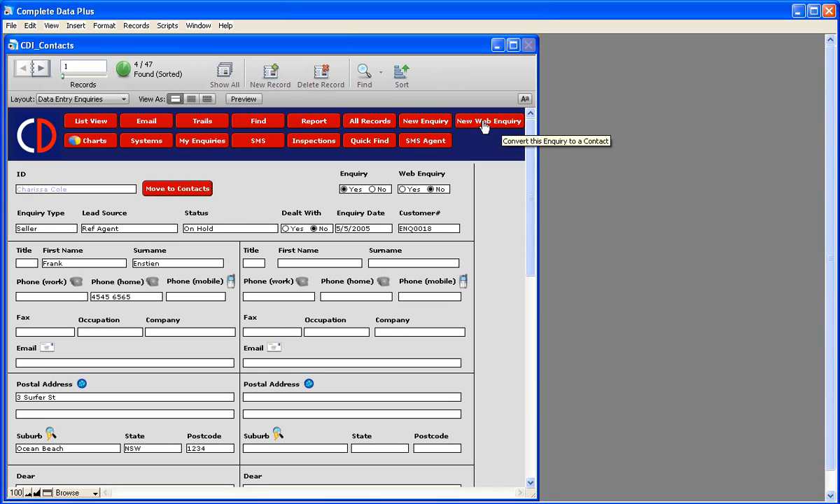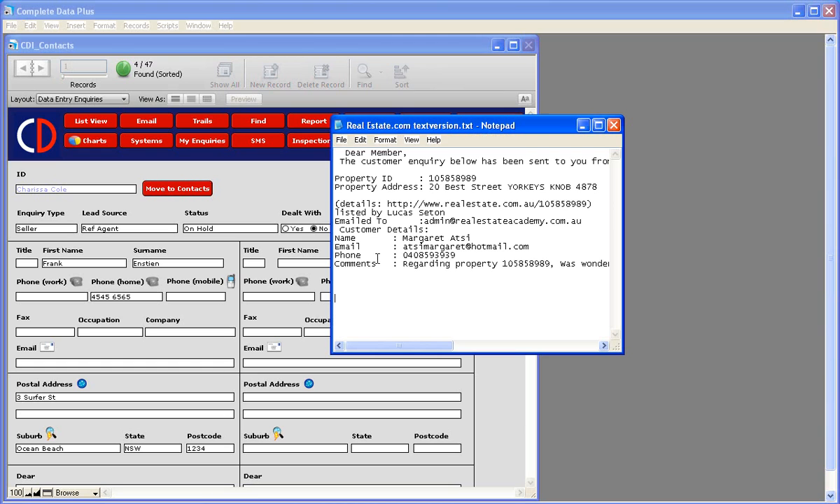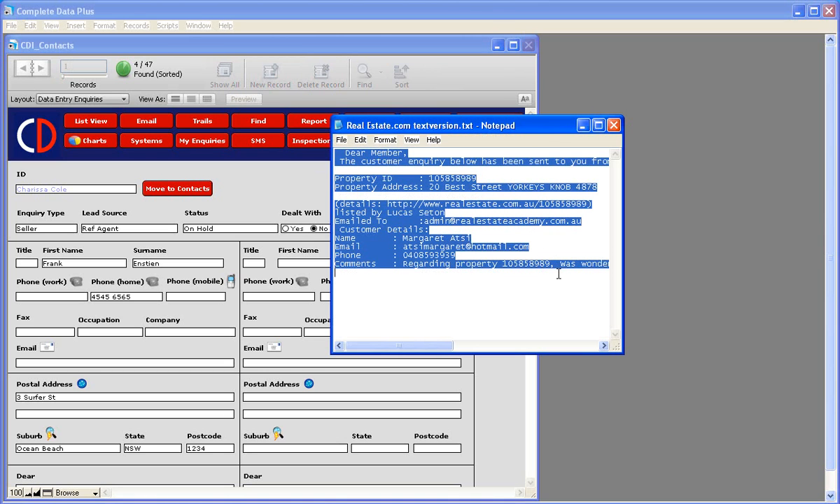Now, if we've received a web inquiry from realestate.com or Domain, we'll need to enter that into Complete Data. In preference to populating all the information manually, we can now select on our new feature once we've got our format. So we're just going to go down and select on our document. And this is what you would receive from realestate.com or Domain, a format exactly like this. So at this stage we'll highlight, right click and copy,